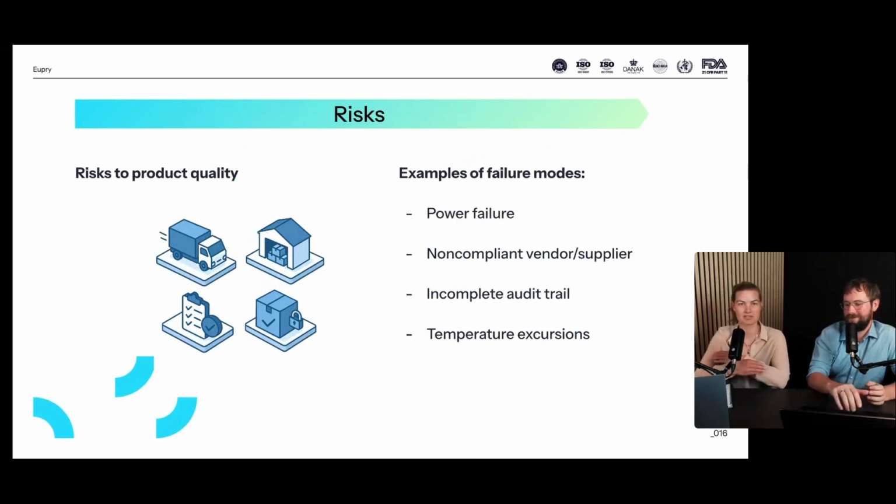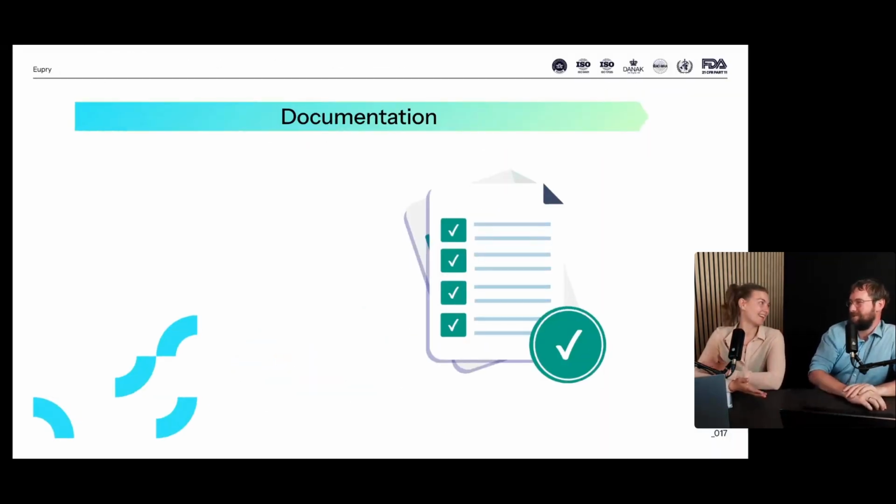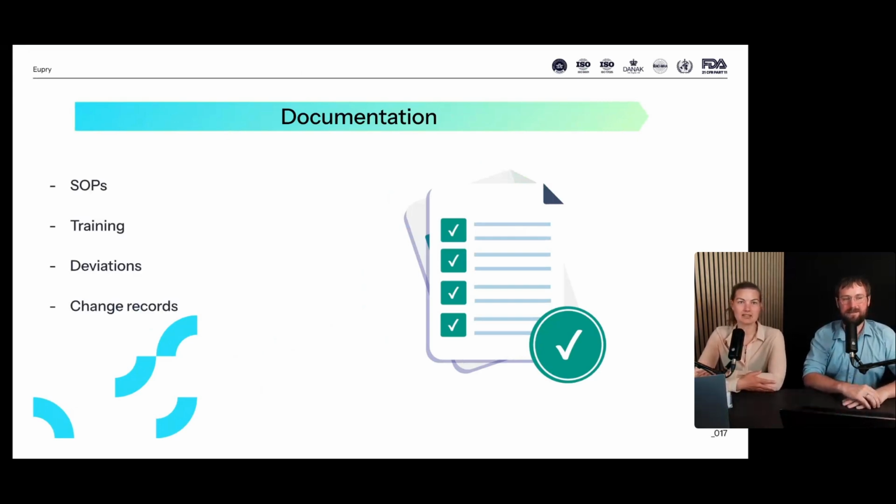which leads into the next topic, which is also an overarching theme. Yeah. And that's the documentation. You all love that, right? Yeah. Where does it start and where does it end? Nobody really knows. Yeah. So this is, again, it goes through the process, it goes through the equipment,